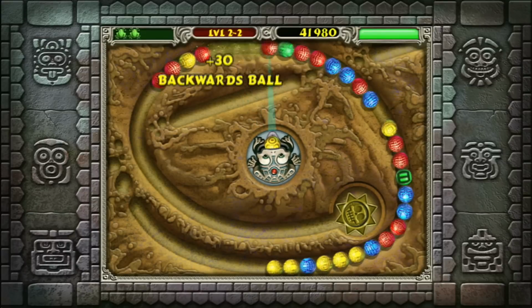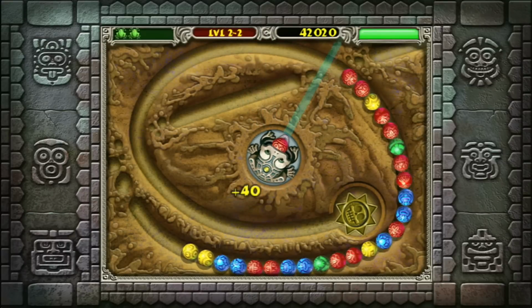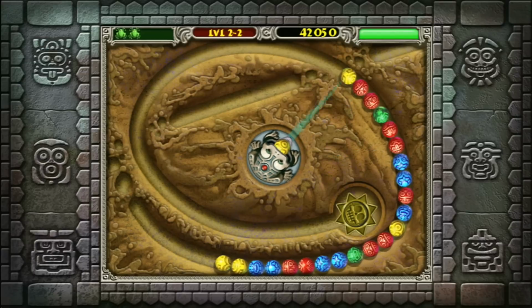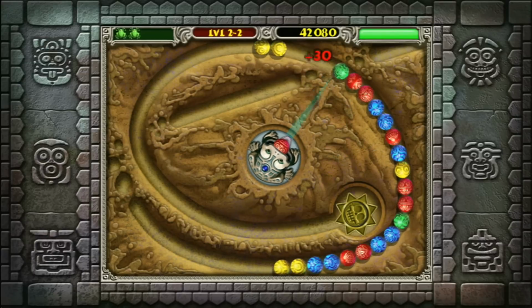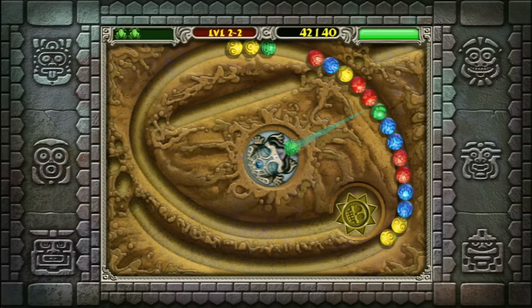A little scorecard pops up and shows you how bad I did. If you watch the gameplay closely, you'll notice that some of the balls have little power-ups in them. You can cause explosions, or you can make the row of balls go backwards. Coins will appear that you can try to shoot, and there's just a whole lot of stuff going on in